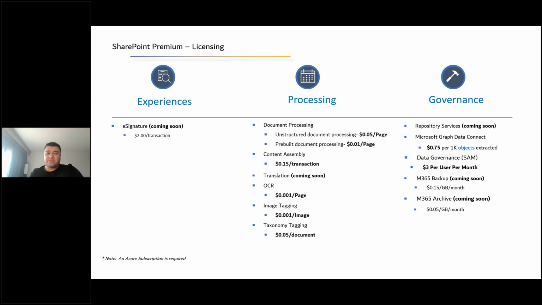E-signatures is like the most expensive one, $2 per transaction. When you see the unstructured document processing or the pre-built ones, it's only like 1 cent per page. It looks like peanuts, or even OCR is like 0.001 per page. Image tagging, it's peanuts. So what I know is that Vlad, for his picture, owes me 1 penny for that